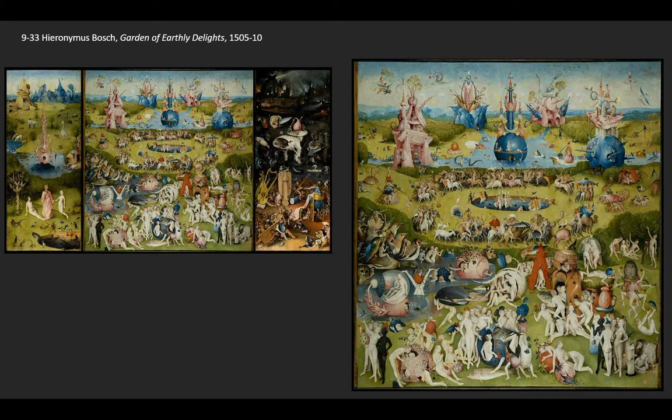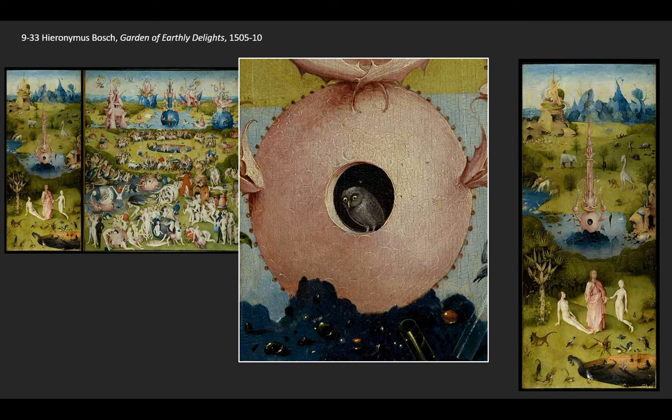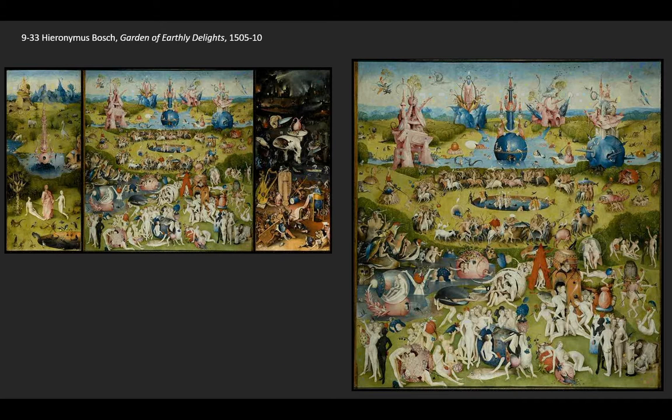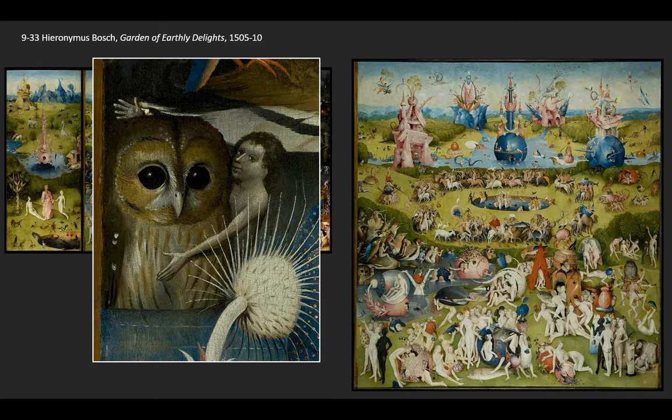We had been looking at the fountain in the center of the left-hand panel. We had seen that there was an owl there as a symbol of evil, and we've seen the signs of evil throughout the landscape, even though the fall of man hadn't happened. Back in the center, we find prominent owls as well, which seem to link what's happening in the left-hand panel to what's happening in the center. On the left border, a man embraces an owl, and almost seems as if he shows it to us. Again, if the owl is a symbol of evil, this man is embracing evil, and that might begin to set the theme for what we're looking at in the entire triptych.